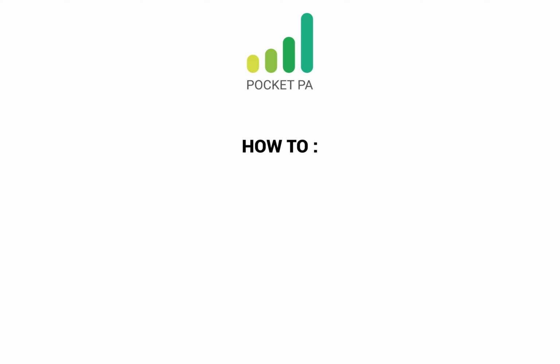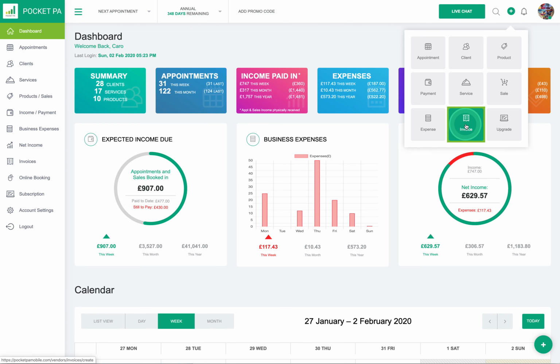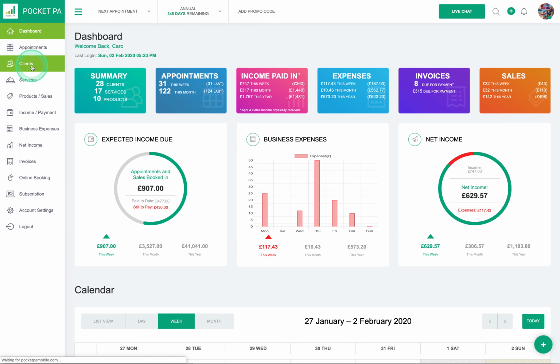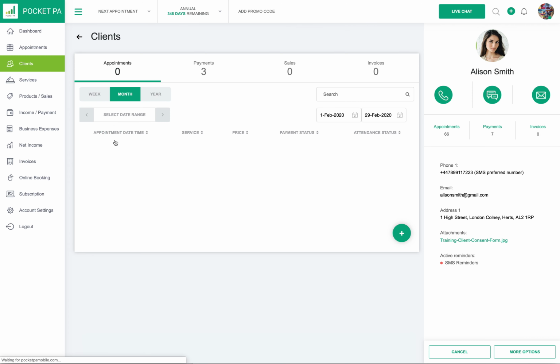So in this tutorial I'm going to show you how to send an invoice, and there are a couple of ways to send an invoice, either from the top right button here where you can click on the send invoice, or it can be sent from the next appointment screen where you can send an invoice directly from here, or you can send it directly from any client screen when you've got that client open under the invoice tab by